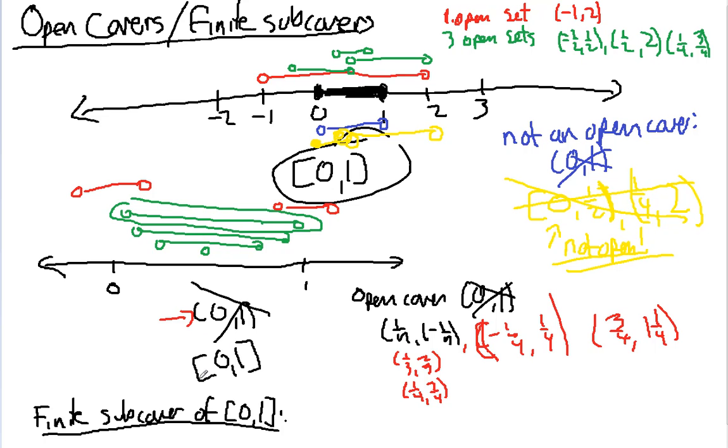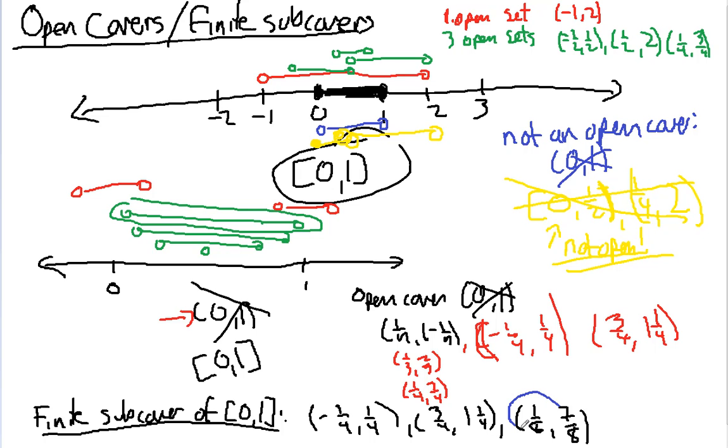Among these, the black, the closed set, you will be able to, and I'll show you how to do that right here. I'm just going to take (-1/4, 1/4). I'm going to take (3/4, 1 1/4), and then I'm just going to take one that extends beyond 1/4 and beyond 3/4. So how about (1/8, 7/8)? That's just one of these infinitely many of these. That's going to be enough where now if I do this one in blue, if I take these 2 red ones, red, red, and I throw in this one,